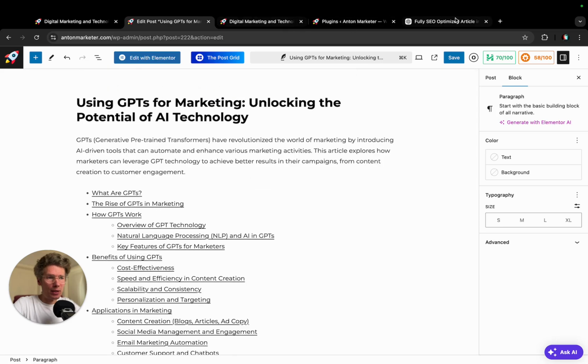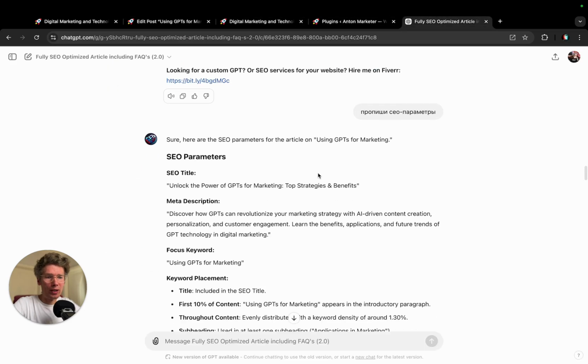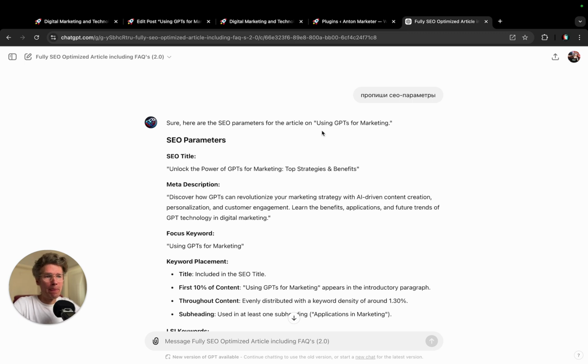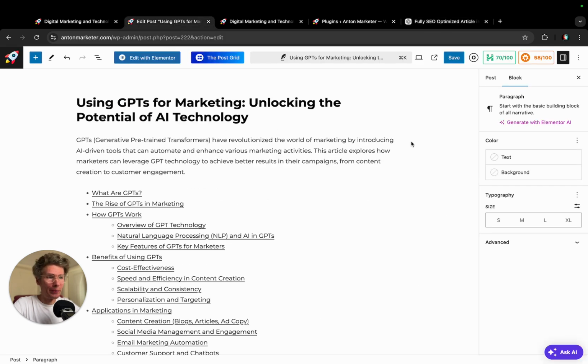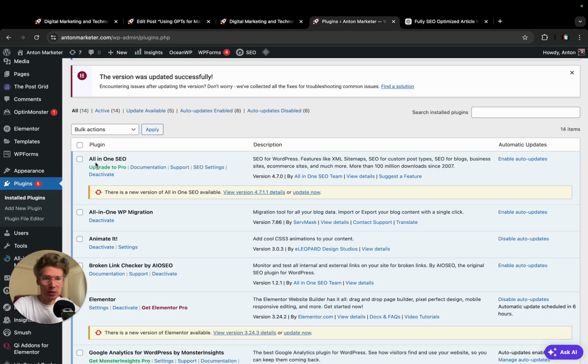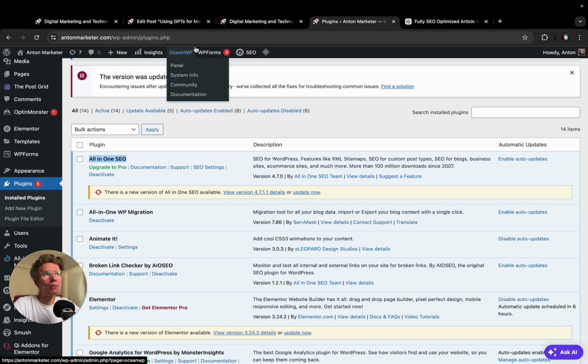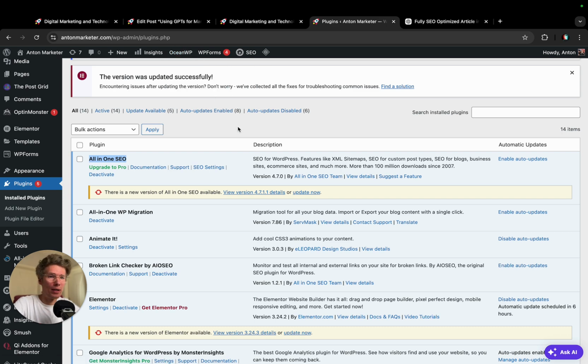On the next side, in the GPTs, we have additional information about SEO parameters. It's a title. When we are working with WordPress, we have a great plugin. It's named All-in-One SEO. Here it is. I like it. I use it every time when I'm working with WordPress. I have around 5 or 6 WordPress sites, and I'm always using